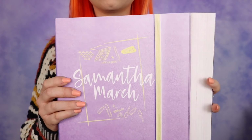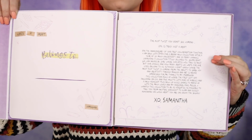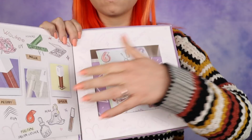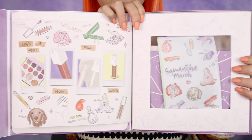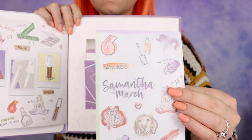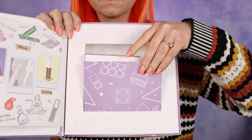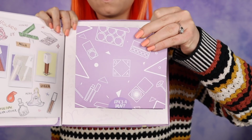Anyway, there's a cute little message inside of the box. I want to read it to you because I think it's just so fun. So it says, "The plot twist you didn't see coming. Life is truly just a draft. On the anniversary of our first collaboration together, I am back with Ofra for a brand new collection. After a year of so much uncertainty and so many changes, launching a collection titled Belongs To just seems right. We can never be sure where our paths will take us next, but our choices and how many drafts we write for our lives belong to us. Although I don't know where the next plot twist is coming from,